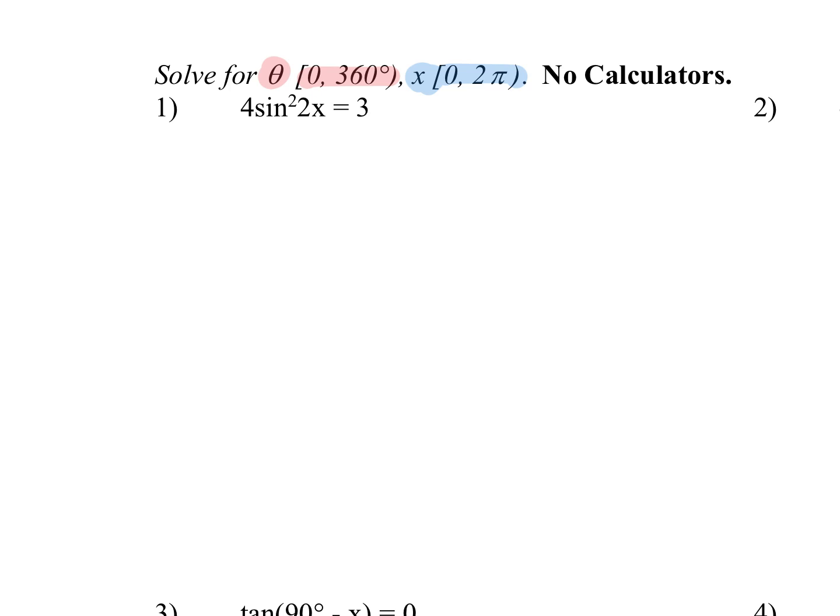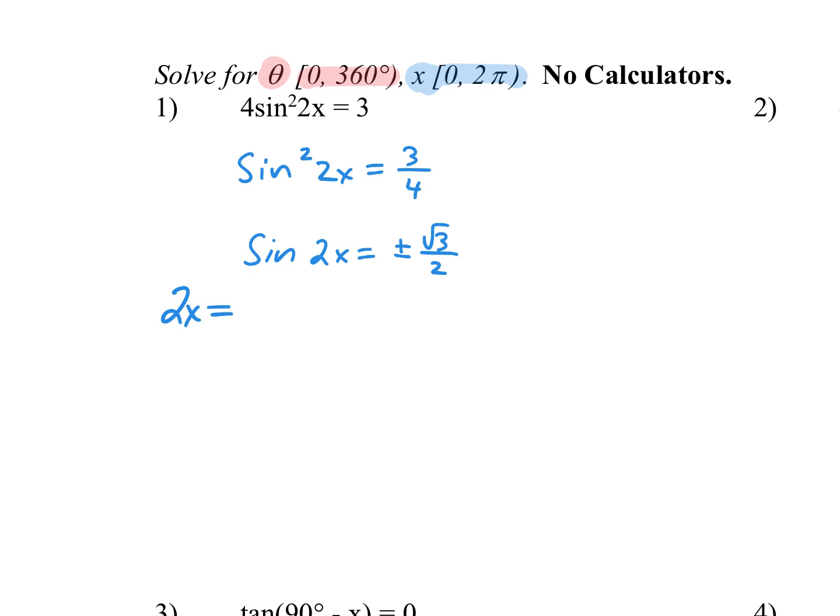So let's start, as we usually do, with number 1. This one should seem relatively familiar. We're going to work backwards as we normally would. Divide by 4. And then I'm going to take the square root of both sides. So I will have sine of 2x equals plus or minus root 3 over 2. At this point, I'm feeling pretty good about things, because that number, root 3 over 2, shows up on my unit circle. So I'm going to keep going, and I'm going to say, well, 2x equals